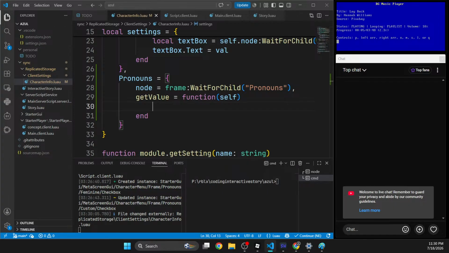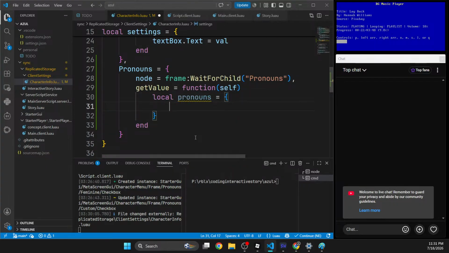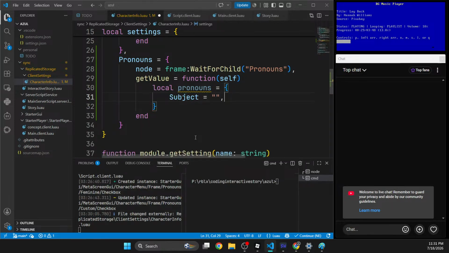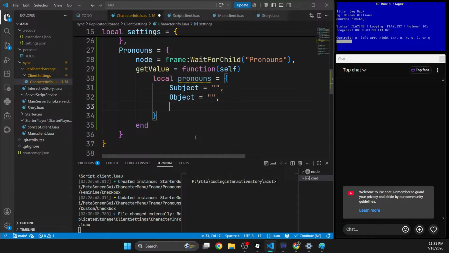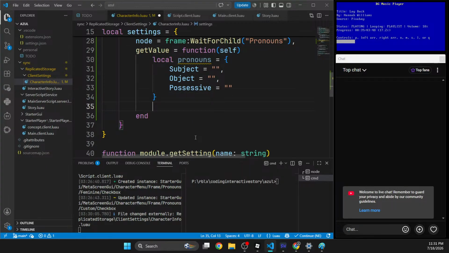So we have three kind of things here. So, okay, I guess we'll do system. I don't know, pronouns, and this will have subject, object, possessive, and then I'll do